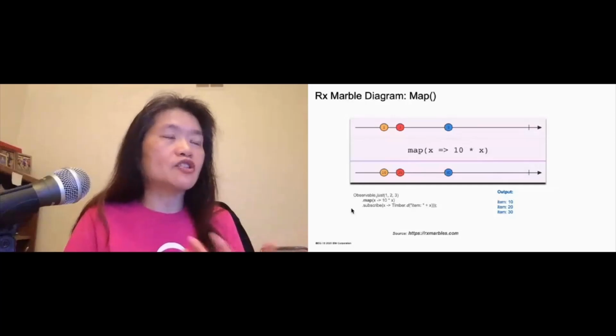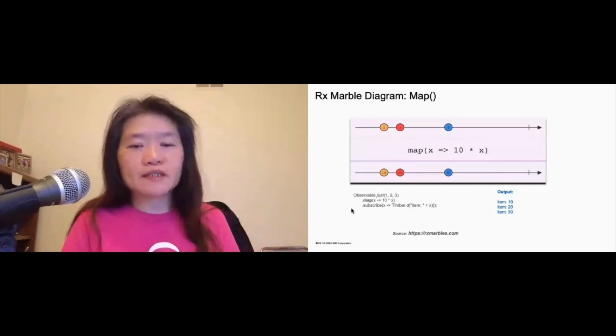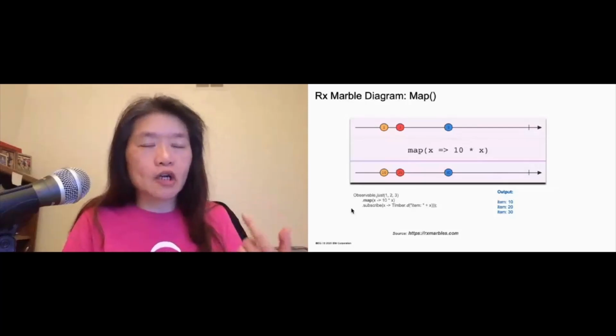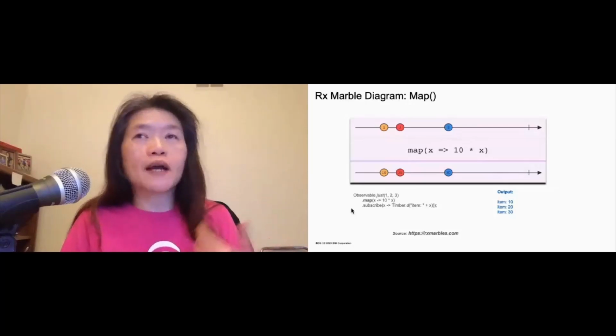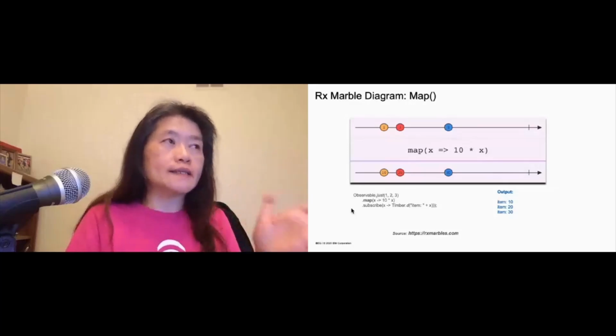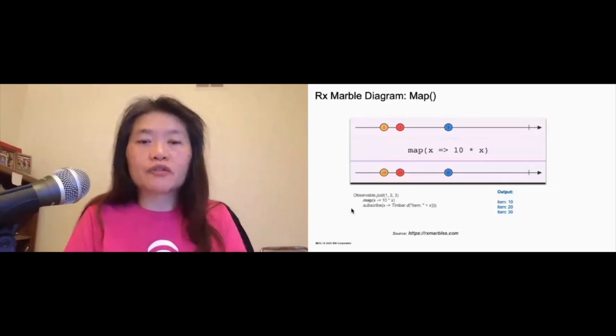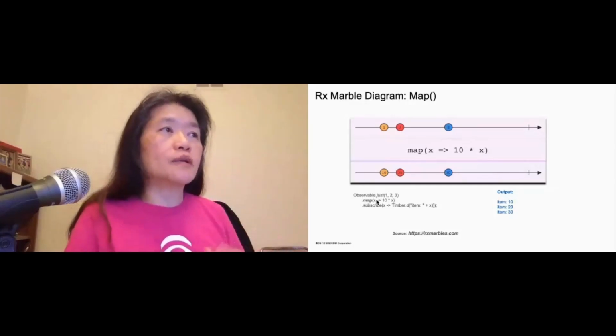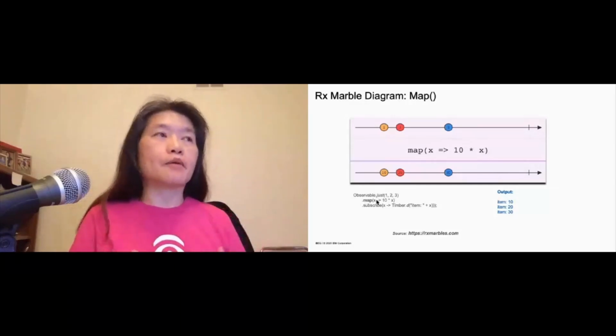But I want to say RxJava 1 because Observable, by nature, does not support back pressure. RxJava 2 has Flowable, which is just like Observable, but it supports back pressure. But anyway, this is Observable, and doing a dot just is like taking the input, right?